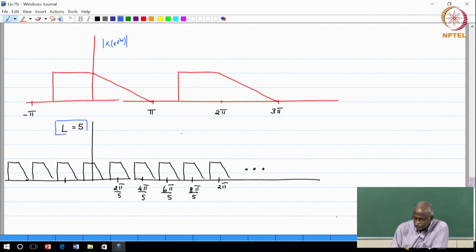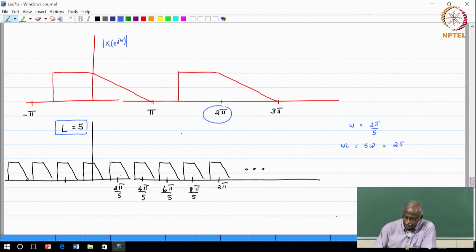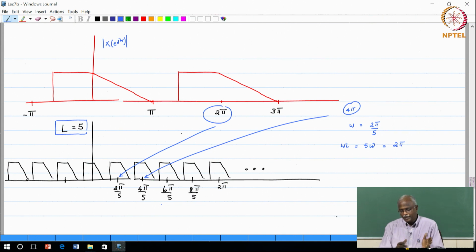What does it do to my spectrum? Basically, what I would need to do is, if there was a frequency omega equal to 2 pi by 5, omega times L would be equal to 5 times omega, that would be 2 pi. So, whatever was at 2 pi will migrate to 2 pi by 5. That is for my expanded signal. Because of the scaling by a factor of 5, this is where it is going to go. Whatever was there at 4 pi comes to 4 pi by 5, and eventually you will find that there is a